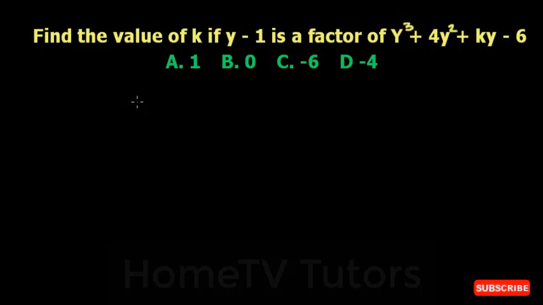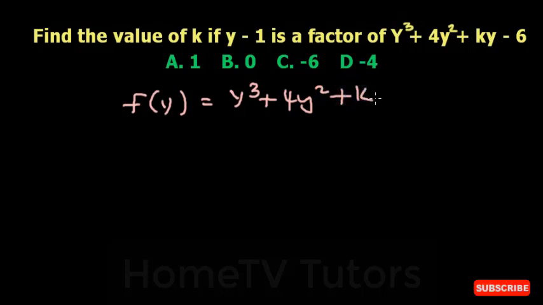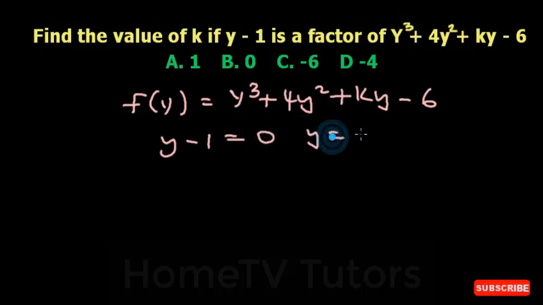Okay, so if we have f(y) equals y raised to power 3 plus 4y raised to power 2 plus ky minus 6, and we have y minus 1, then we can have y equals 1, then we represent that 1 as y